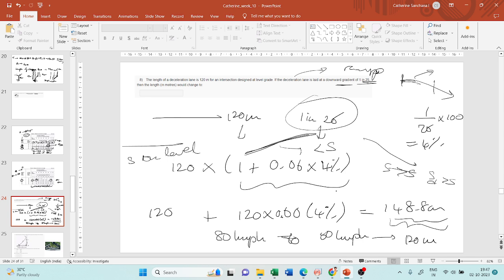Now if your grade is increasing, it will be easy for you to reduce the speed from 80 to 50, so the length of the lane will decrease, because the increase in the grade will help you with that. Now your grade is decreasing, and it will be difficult for you to bring down the speed from 80 to 50, because